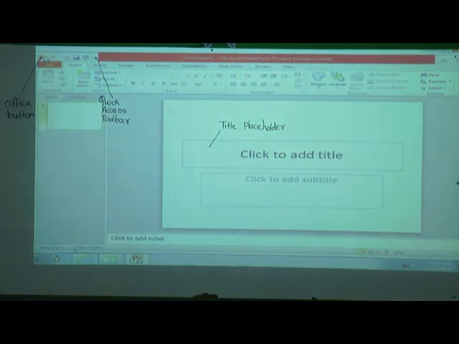Then you can see below the title placeholder there is one box. What is in that? Click to add subtitle. It means there we can write whatever we want. That's why it is called a text placeholder.